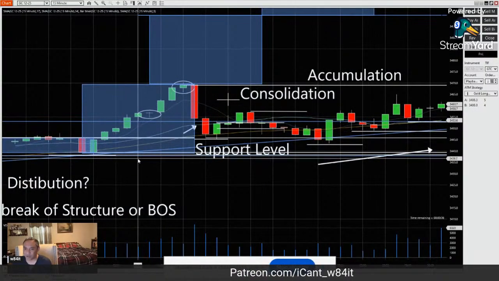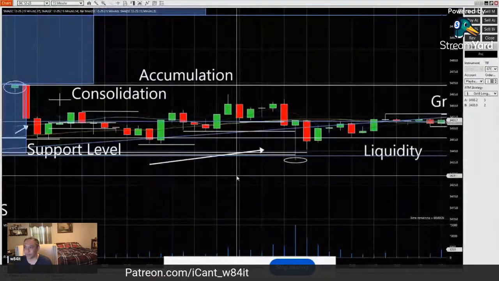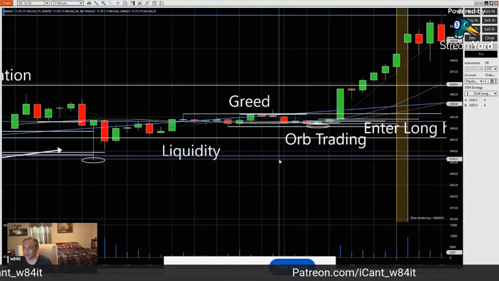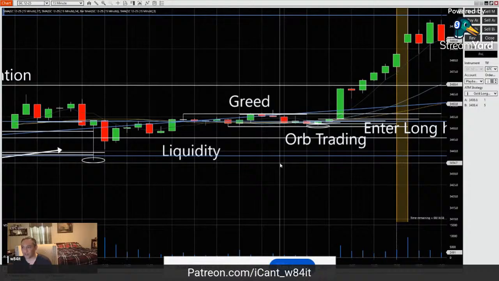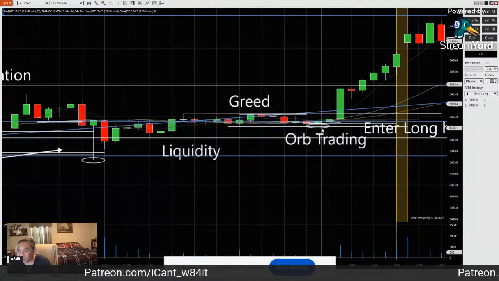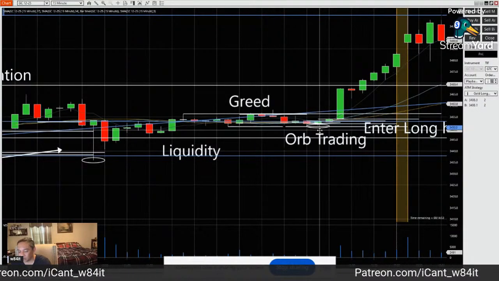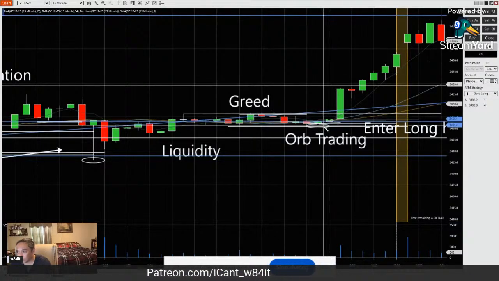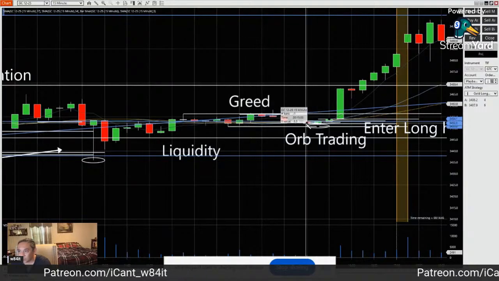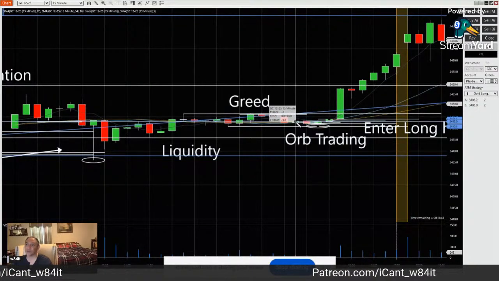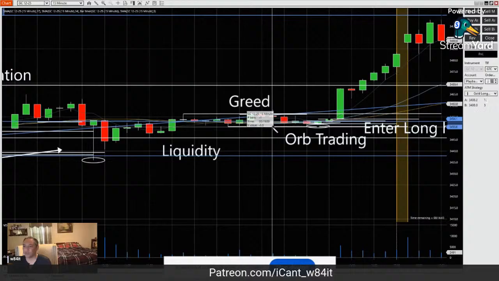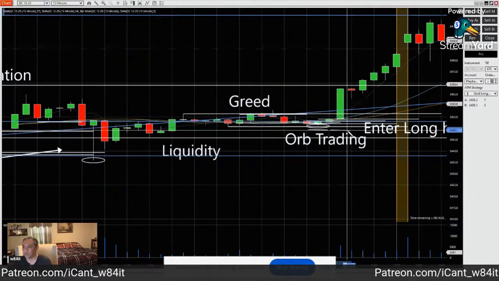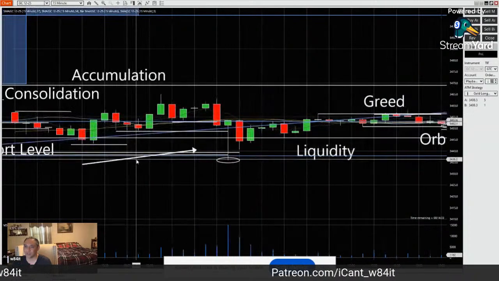I'm not very big on huge risk, right? So if I'm getting in here, if I really want to be safe, I should put my risk down here. I don't know if I really like a risk that big. I'd put my risk probably underneath this guy right here, which is still going to be pretty big. But you got to find what works for you, what you feel comfortable doing. But that's 3.3, so it's not that bad. It's 33 ticks. I normally run with a 19, but I could stomach a 33 tick risk if I know I'm on a 15-minute chart and I'm looking at something that's got a potential of